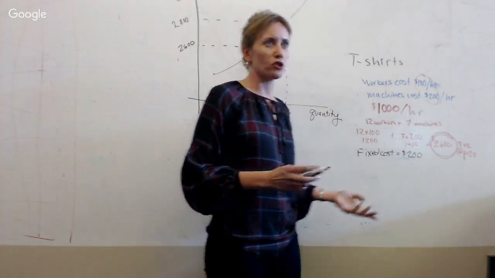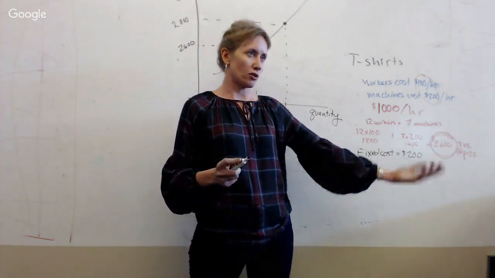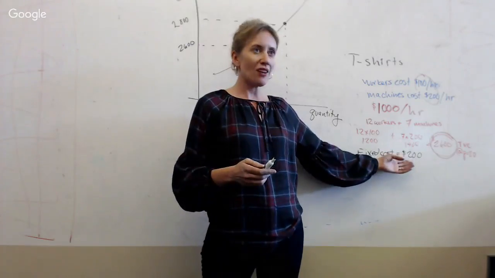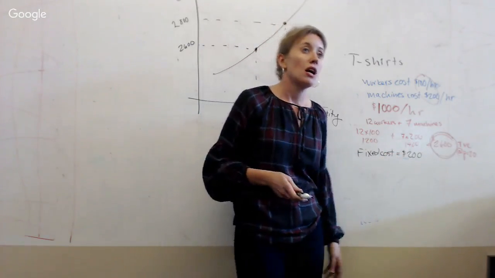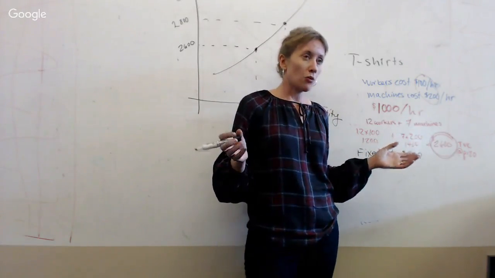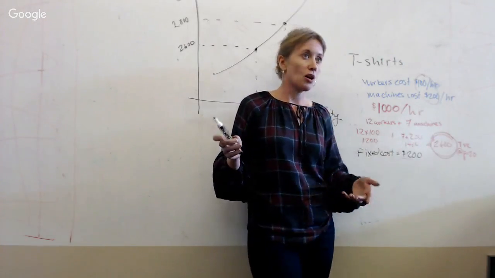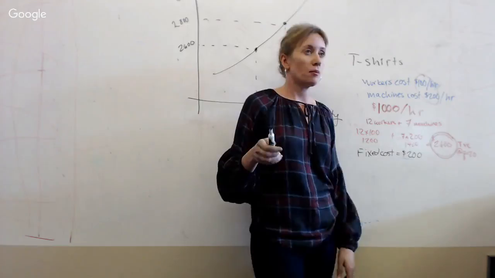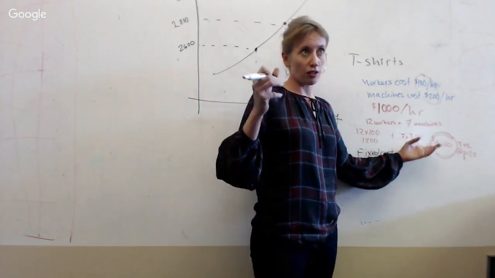We're talking about shirts per hour. So it's like saying the factory is going to cost $200 per hour to run, and we have to pay this whether we're making the shirts or not. So even if we just walk away from our factory, we still have to pay the rent on it. We've leased it, or maybe we still have to pay some utilities to keep it operating. So we have to pay this fixed cost regardless.